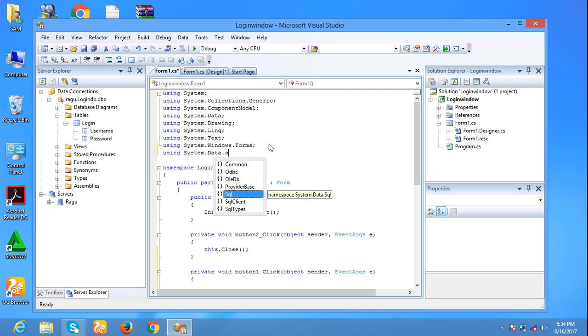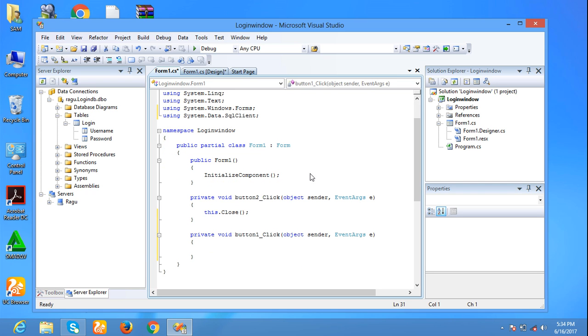Using System.Data.SqlClient. In this form I am using SQL connections.